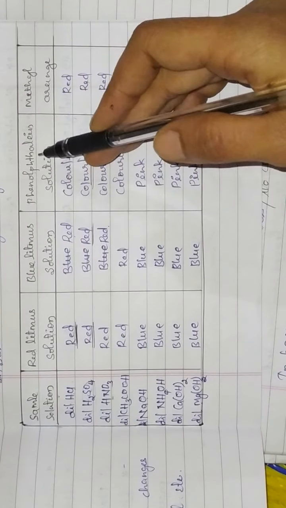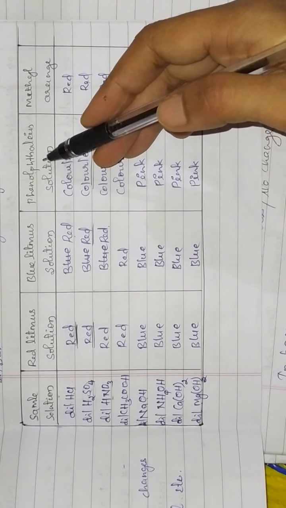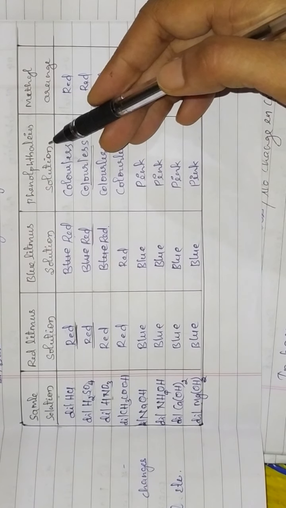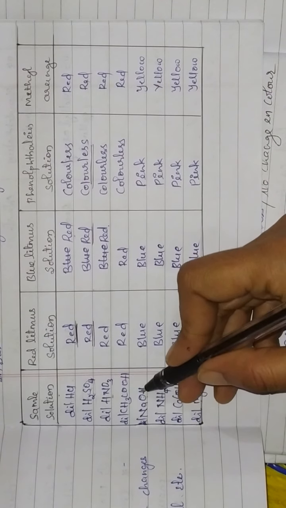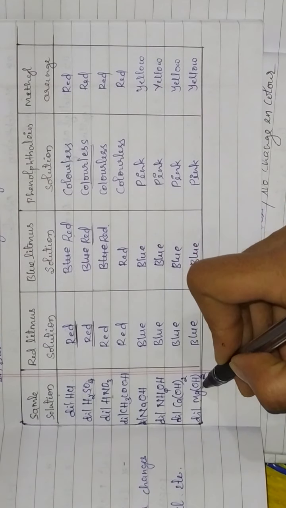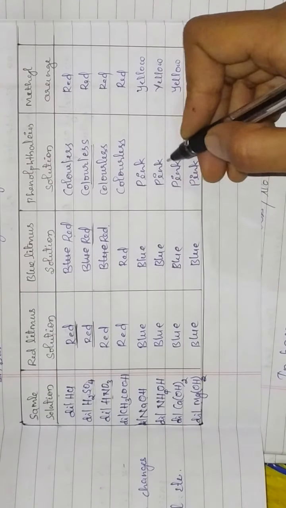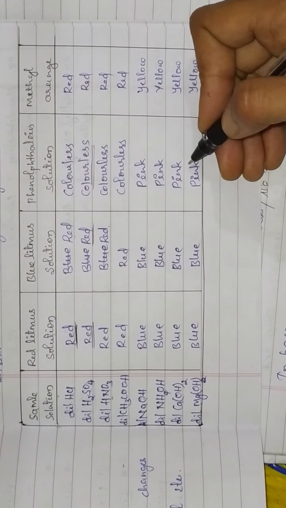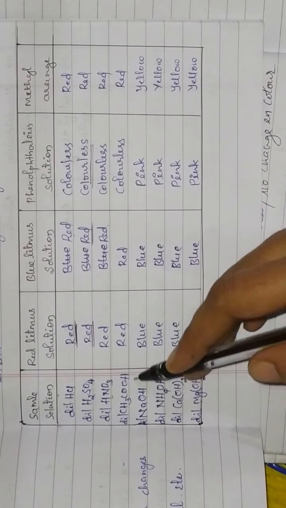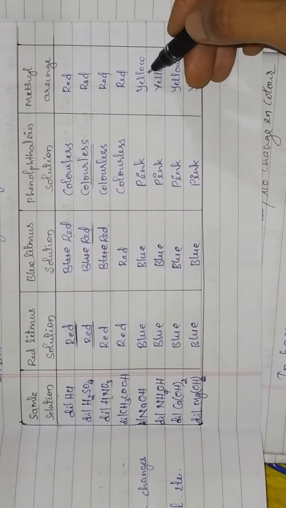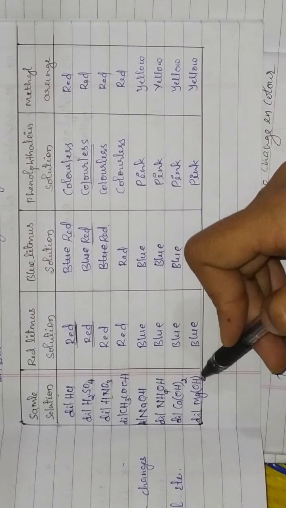Next we will see phenolphthalein solution or phenolphthalein indicator. Actually it is colorless in acids and it will give pink color in base. So here all these are bases: ammonium hydroxide, sodium hydroxide, calcium hydroxide, magnesium hydroxide. When phenolphthalein solution is placed in all these solutions, pink color appears. Appearance of the pink color indicates the presence of base. If you add methyl orange to all these bases, its color remains as it is, that is, yellow color will not change. It indicates these solutions are all bases.